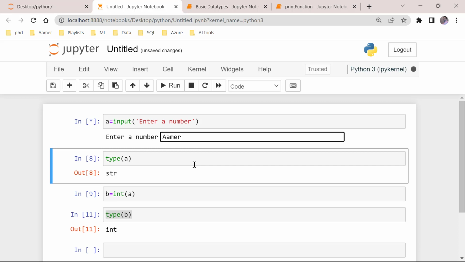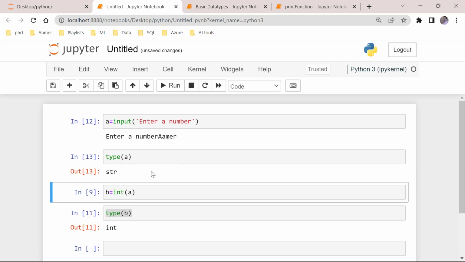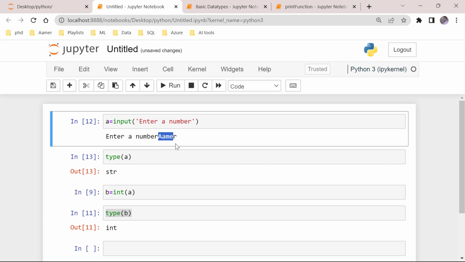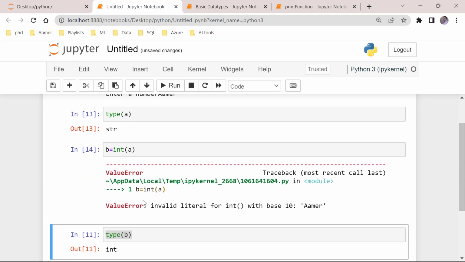Like for example, if I'm writing my name, Amir, you can see the type of a is, of course, string, and if you print the value of a, it's Amir. But tell me now, can Amir be converted into an integer value? Of course not, right? So let's try to do this, and of course you will get an error